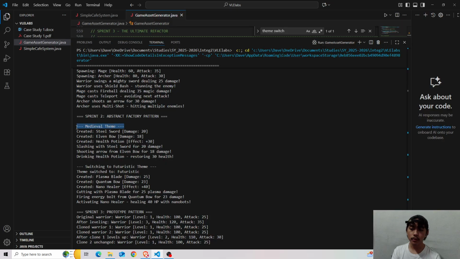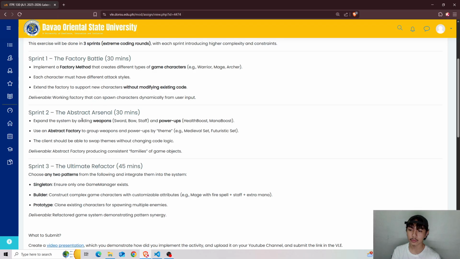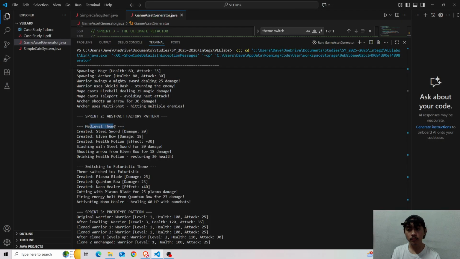This theme is used because we need to implement an abstract factory to group weapons and power-ups. For the medieval theme, we have a steel sword, an elven bow, and a health potion, along with their attack styles.